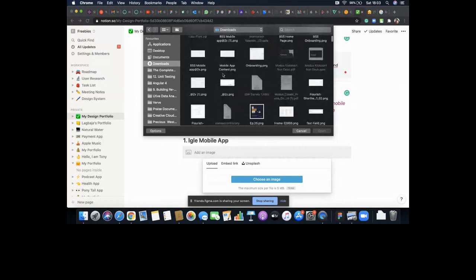Image here, and it just looks like one plain page, but don't bother, don't be scared, we're coming to it. We're going to type our text about this app that we just talked about, and so this is it. Now, if you remember when I talked about how to do this, we're going to use the same skills right here. I'm going to drag this text just beside this image.